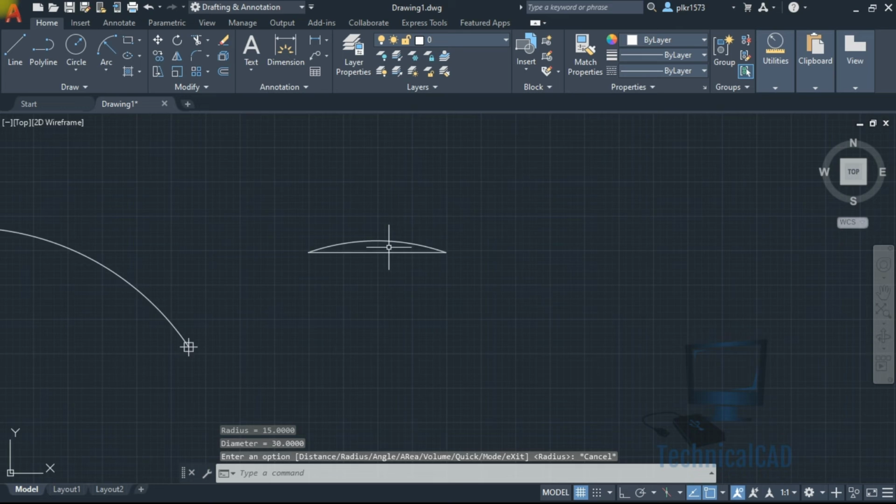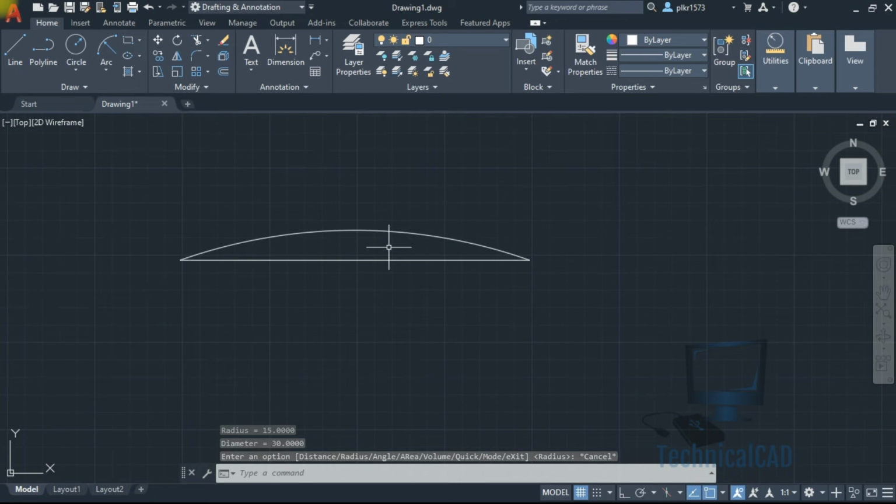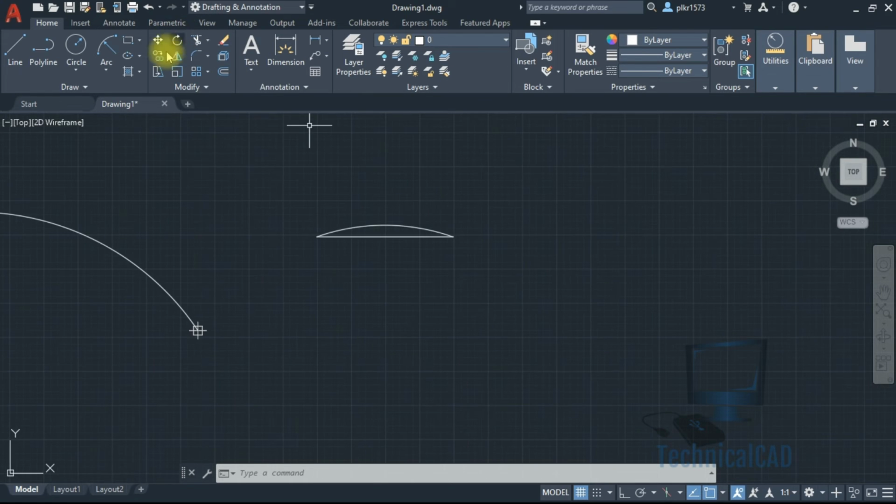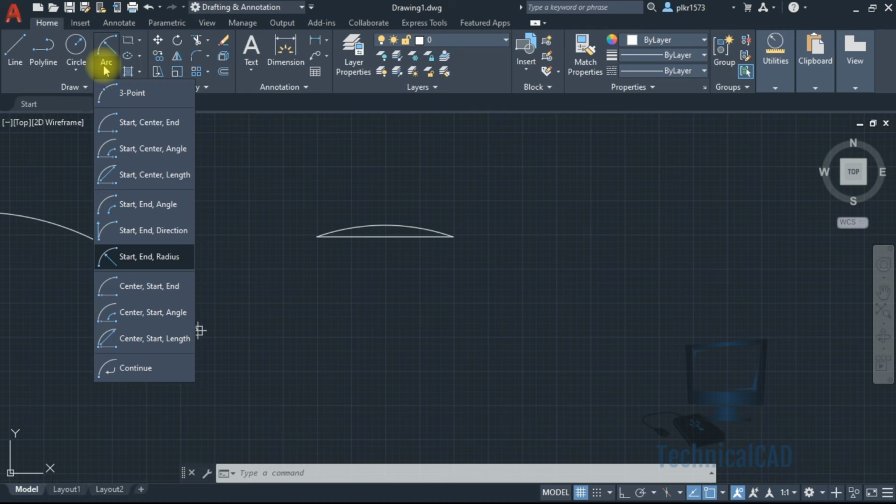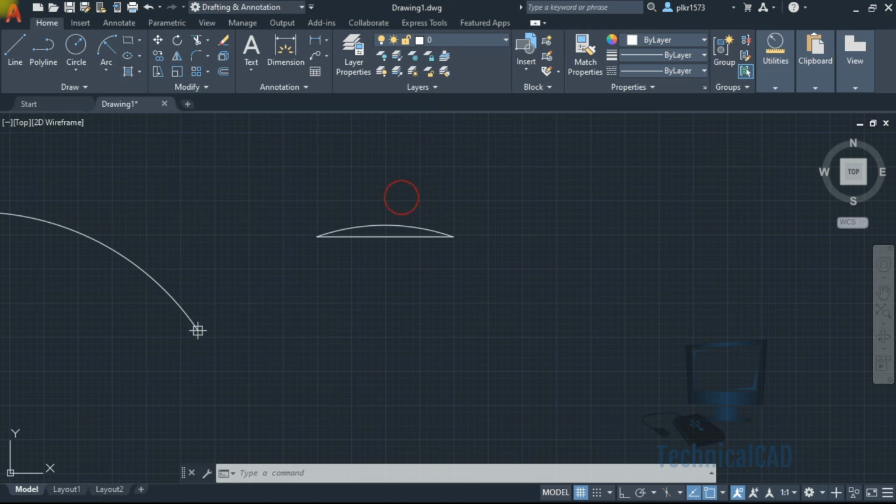So we have to give only the starting point and ending point, and the third parameter is radius. Based on these 3 parameters, the center point will be selected automatically. So this is the concept of arcs. Wherever you need a part of a circle, it may be a semicircle or a quarter circle, anything, there you can use the arc command.